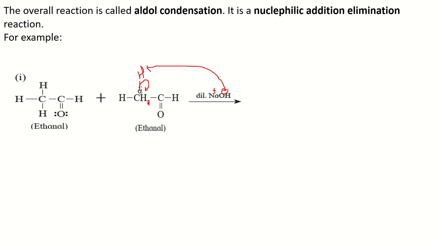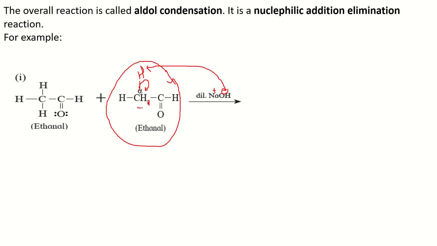Now this ethanal becomes a nucleophile, because a negative charge with an extra lone pair of electrons is generated on the alpha carbon. Hence, this ethanal